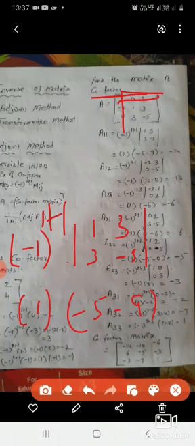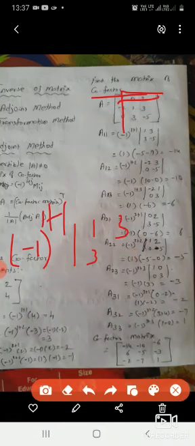So minus 5 minus 9, minus 14 into 1, minus 14 is the first value. Then see the second one, A12. Here it is a 3 by 3 matrix. For a 3 by 3 matrix you have to do till the third last, all the values you have to find out.